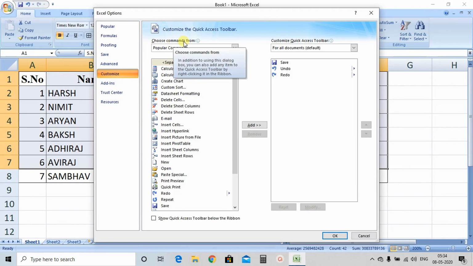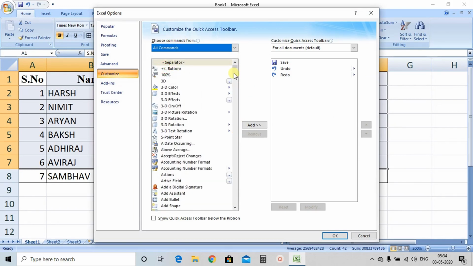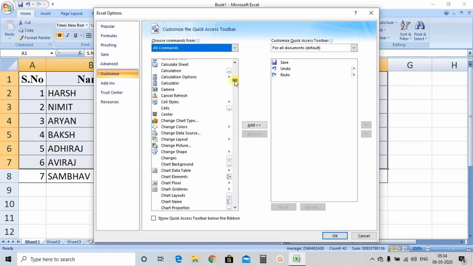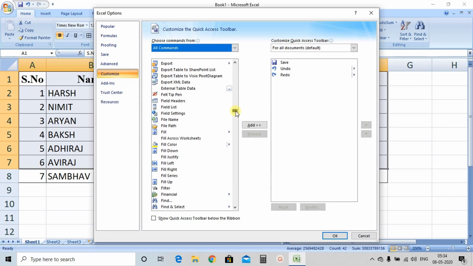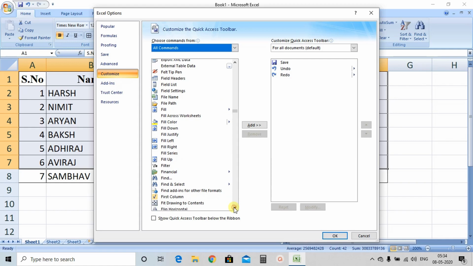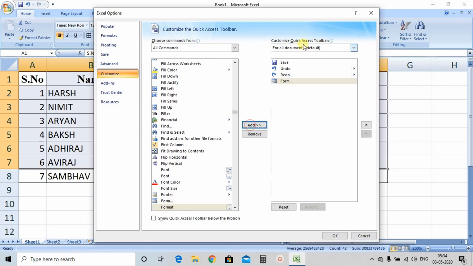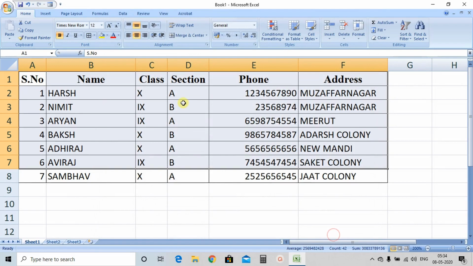In the choose command from, select all commands and then look for the letter F, from where the F is starting. F is starting from here. Then look for form. Here it is. Click on this form option and click on add button so that it can be added on quick access toolbar, and click on OK. So here it is. Got it?